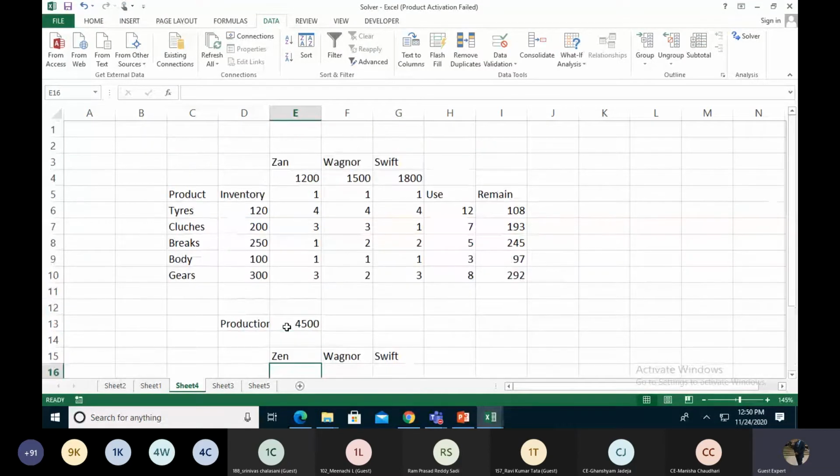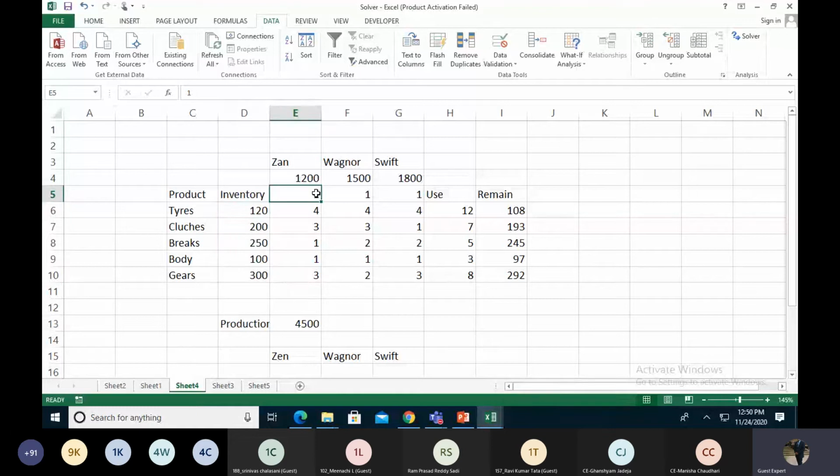So they show me that this inventory, if I use 120 tires only for making Zens, 200 clutches only for making Zen, 250 brakes only for making Zen, 100 bodies for making a Zen, and 300 gears for making a Zen, then how much Zen can we create? But we are not using all of that inventory. Why? Because the others, Wagon R and Swift Dzire, already use these things.